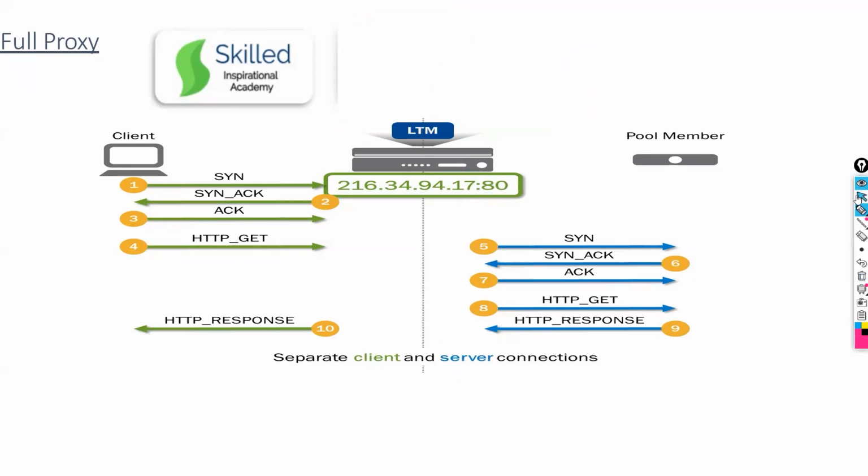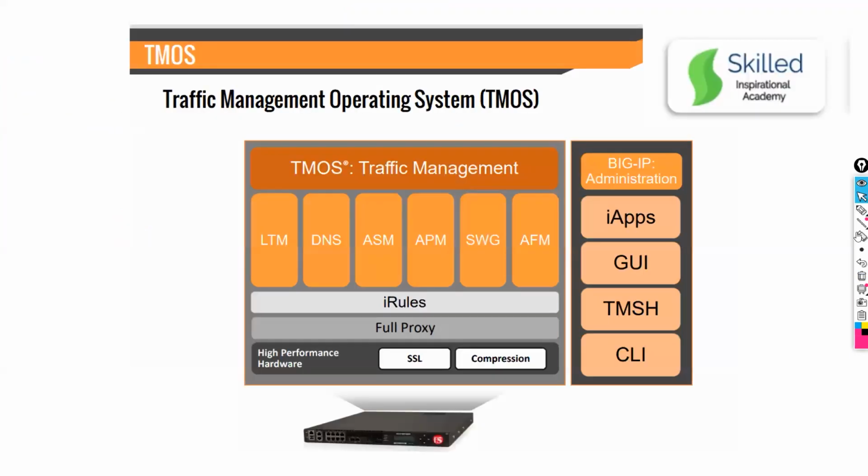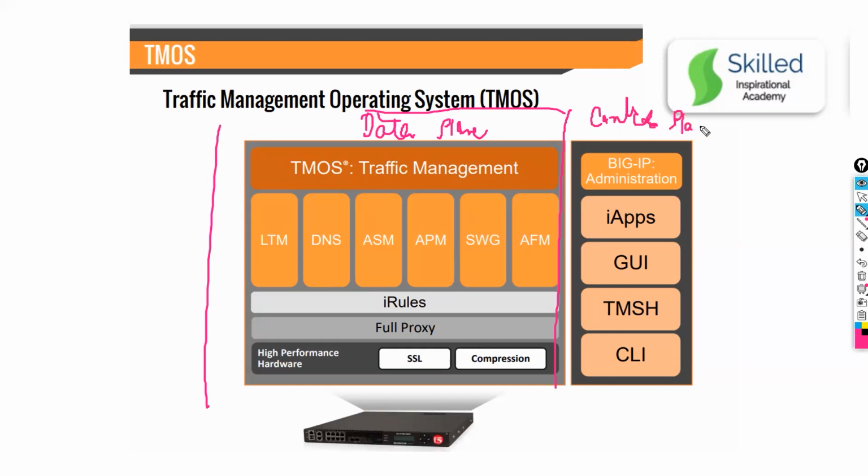And that is a full proxy that will show you. And this is how your operating system looks. Here I want to tell you a very important term. This is all your data traffic. Does anyone know about data plane and control plane? Why nowadays are people building technologies where they have two planes? What is the logic? What is the advantage? Anyone?